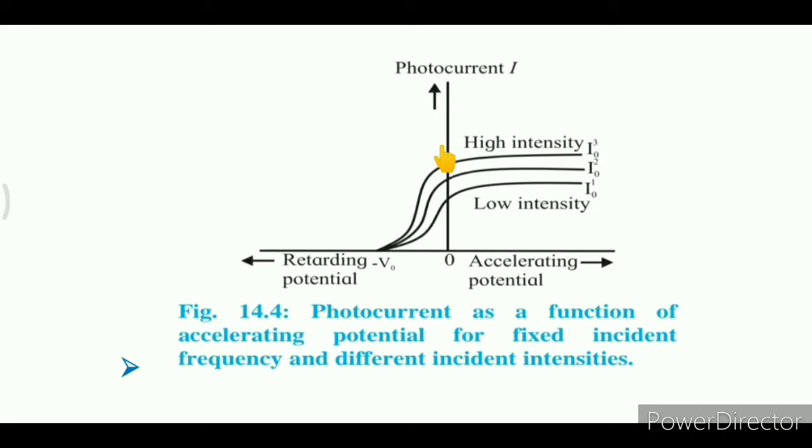Now when the commutator key is reversed, and a negative potential is applied to the collector plate, and we increase the negative potential, which is also called the retarding potential, the photoelectric current decreases. Okay, so over here we can say that all the electrons which are reaching the collector plate